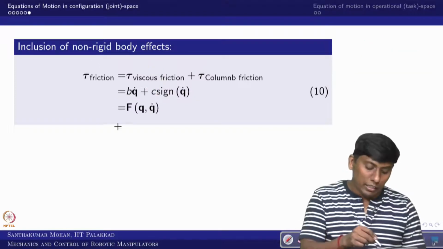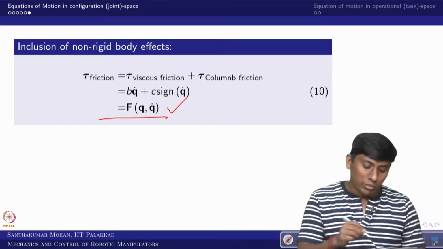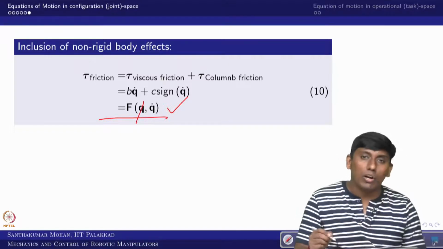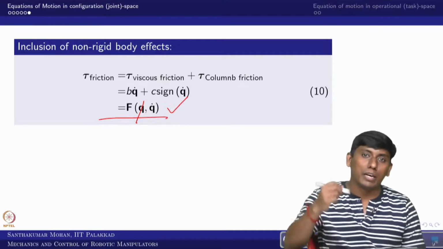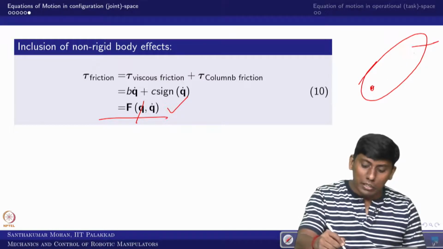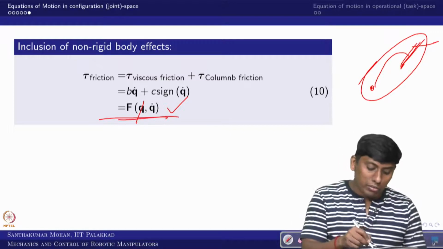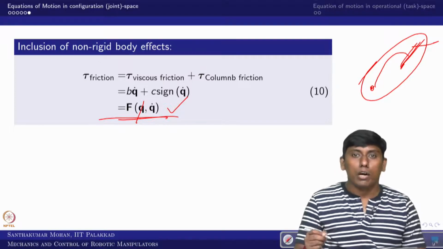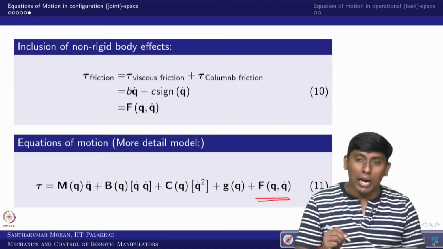If you rewrite that in matrix or vector form, I am writing a capital F as the frictional effect, written as F of q comma q dot, okay. In fact, this q is not really necessary, but sometimes the friction may be happening somewhere else. For example, the joint is here, but friction is happening because of some other term. Then you have to bring in that q. That's why we have generalized the frictional effect as F of q comma q dot, okay. So now, based on all these, if you rewrite the more detailed model, the frictional term is added, okay.